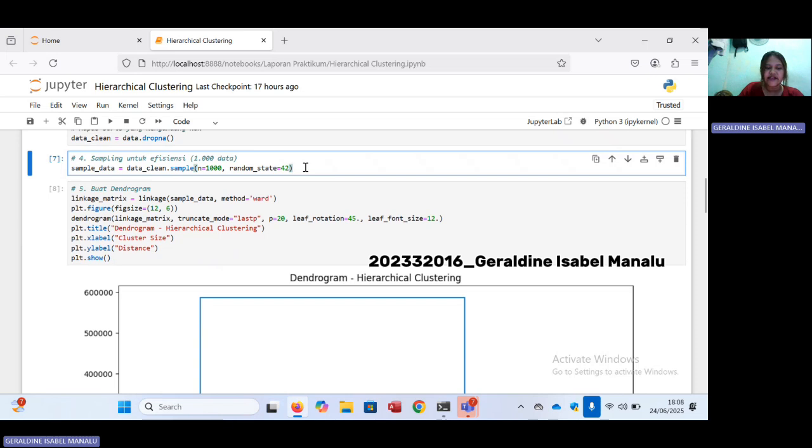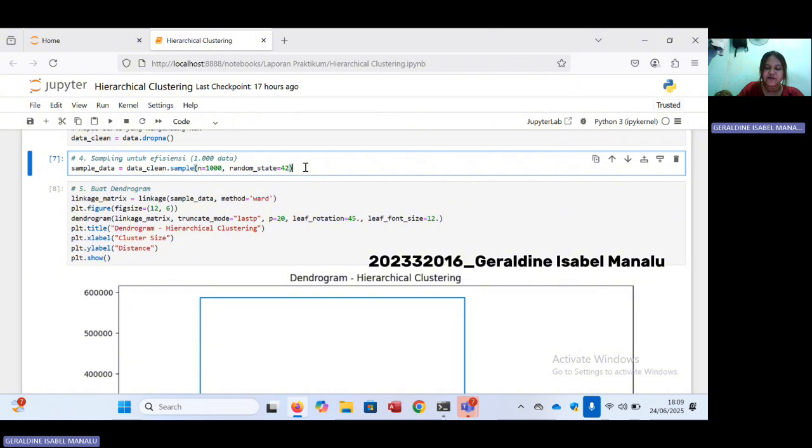Next, in this section, a random sample of 1000 rows of clean data is taken using the sample function from pandas. The goal is to improve the efficiency of the computational process, especially when using algorithms that require a lot of calculation such as clustering or visualization.